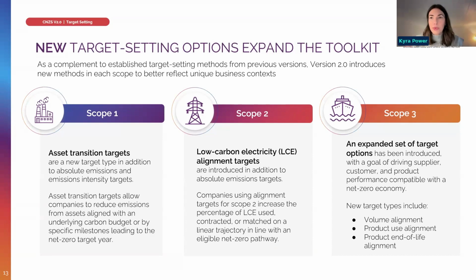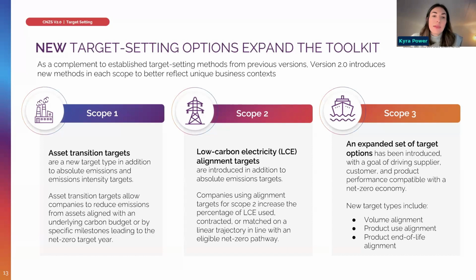So this is categories 1 through 14. There are some exclusions as well listed in the standard. And of course, SBTi or the Agendi team can provide you more details on exactly how scope 3 target boundary is assessed. So with that out of the way, the category and activity level targets are intended to drive supplier, customer, and product performance towards compatibility with a net zero economy.